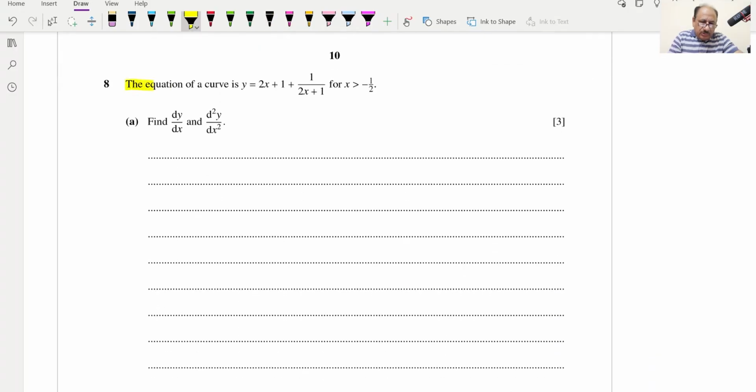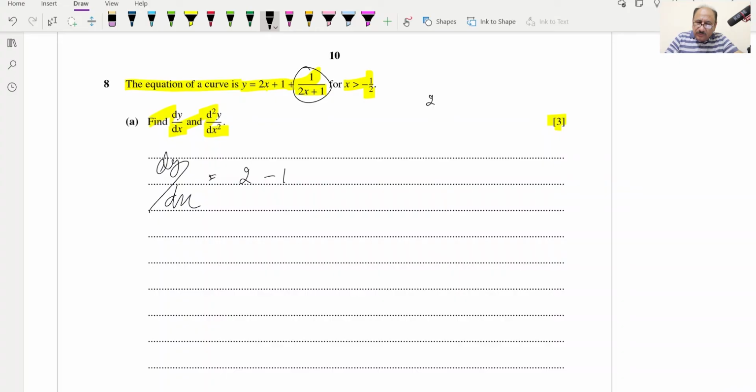Question number 8. The equation of the curve is y is equal to 2x plus 1 plus 1 over 2x plus 1. For x is greater than minus 1 by 2, find dy by dx first and second order derivative, just we have to write. So first order derivative we can write over here. Derivative of 2x will be 2, derivative of 1 will be 0, then we can take derivative of this one will be minus 1